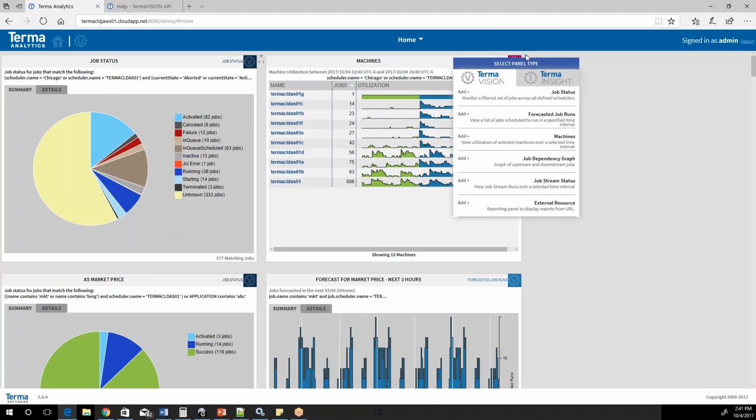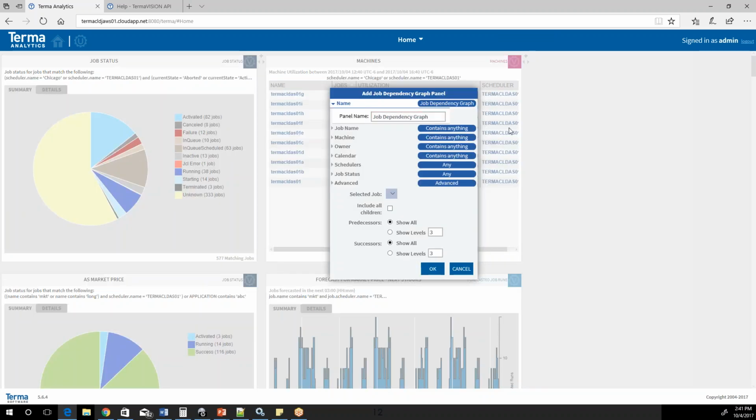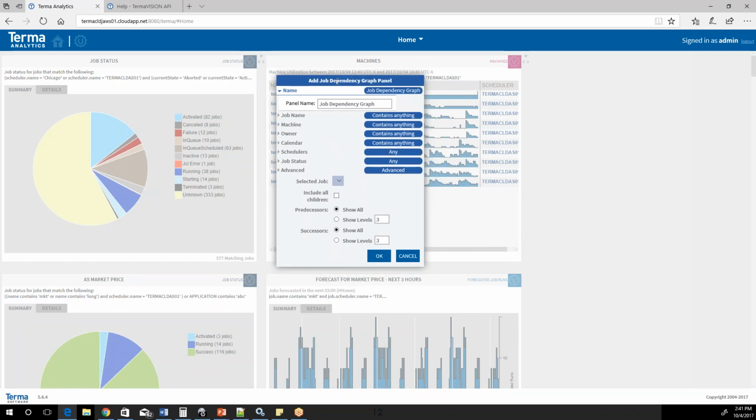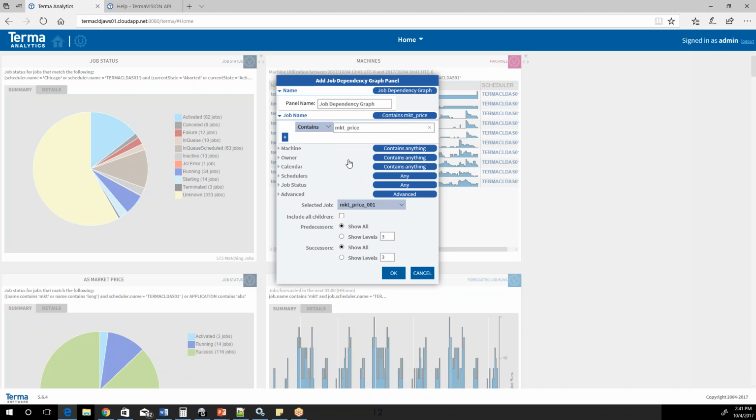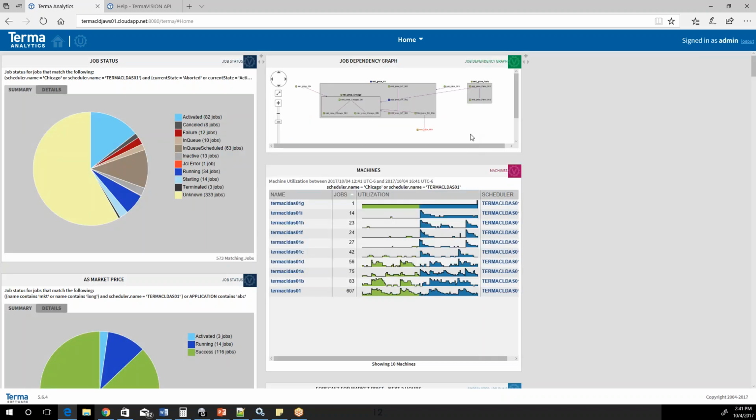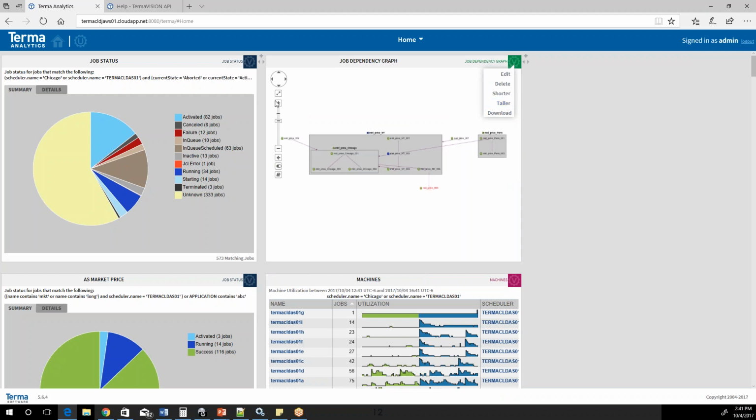In addition to the machine view, we also have a job dependency graph available to you. This is a graph where you can select a specific job. So let's say I'm interested in one of my market price jobs. I'm going to pick market price 003, and I'm going to show all of the predecessors and all of the successors to this particular job in a graphical view. I click on OK, and now you'll see